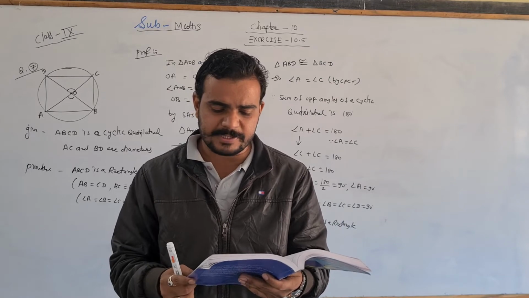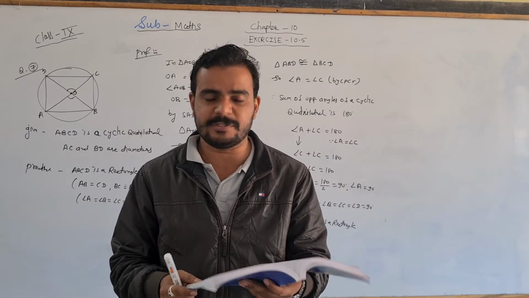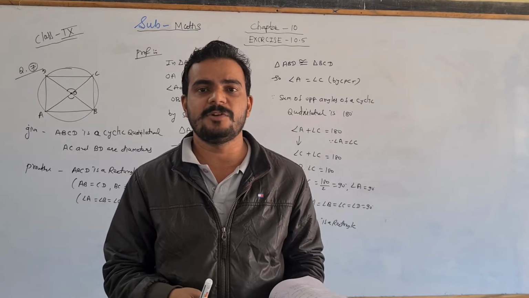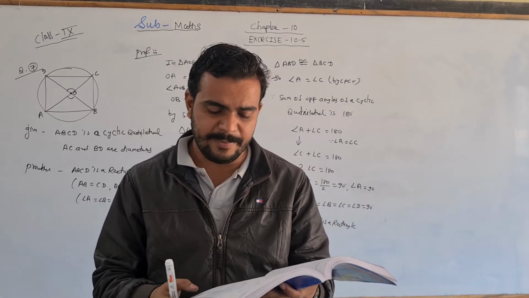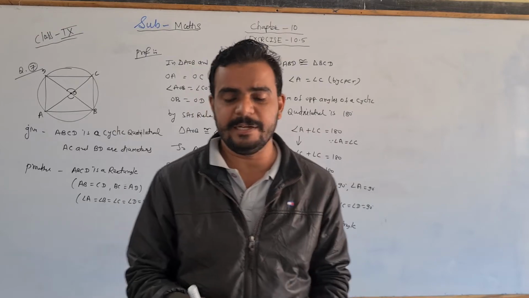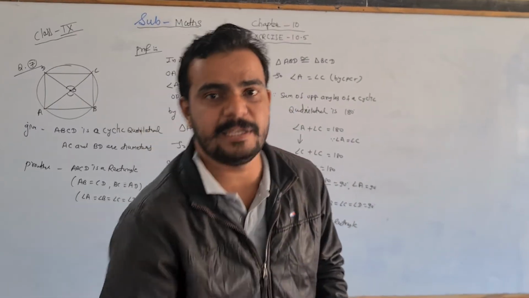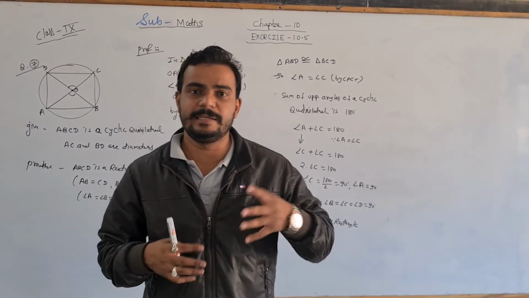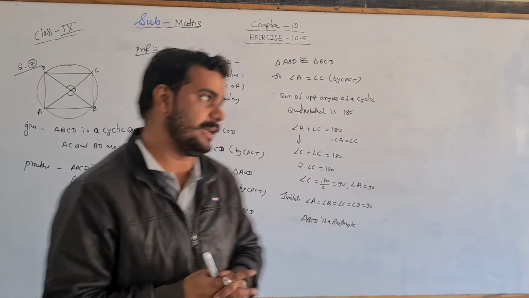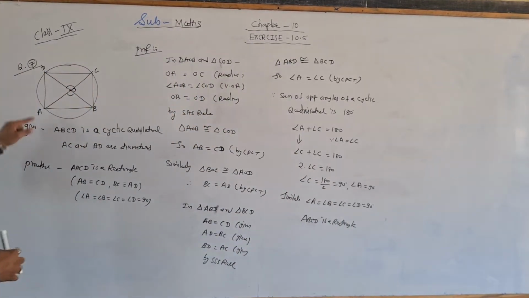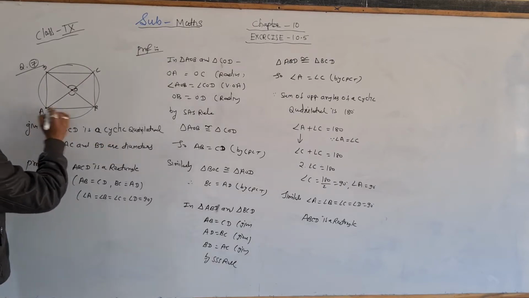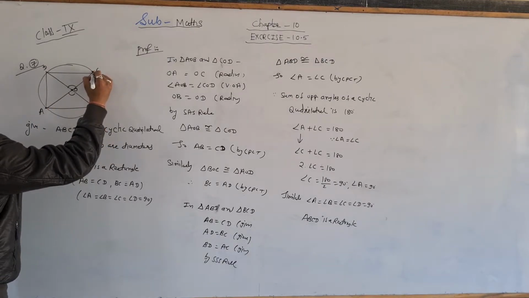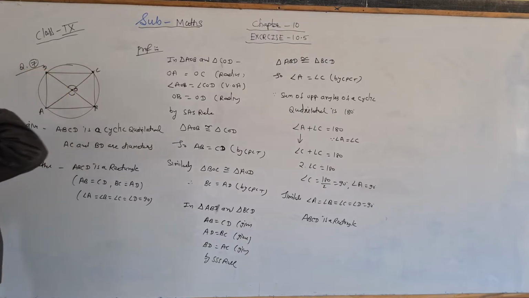If the diagonals of a cyclic quadrilateral are diameters of a circle, then prove that it is a rectangle. The given thing will be like this: a cyclic quadrilateral is given. ABCD is a cyclic quadrilateral, मतलब इसके vertex कहाँ पर है, सर्कल पर है. Okay, so this is a cyclic quadrilateral, आपको पता है इसका क्या होता है.